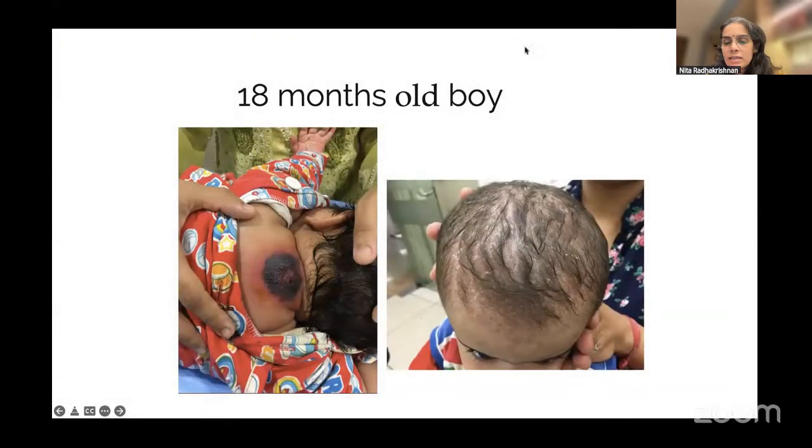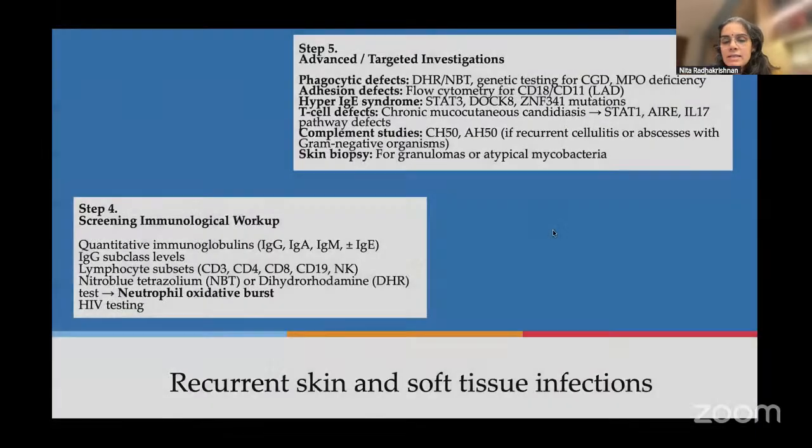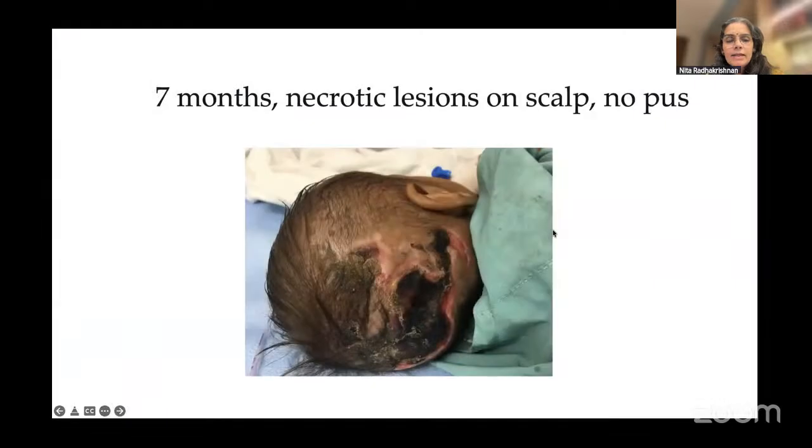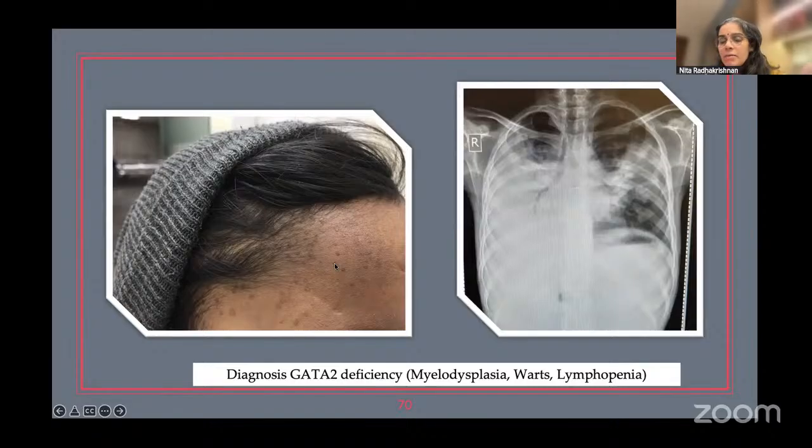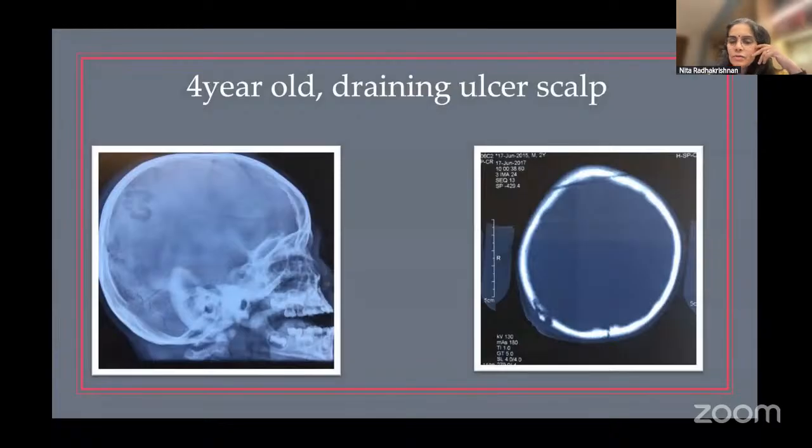This is again just running through images. This is Wiskott, bad cellulitis, eczema. Then here, leukocyte adhesion disorder, bad areas of necrosis, no pus at all. Patient with chronic warts. This child actually had a myeloid leukemia later. This kind of skin finding, we didn't pick it up at that point of time. When we retrospectively diagnosed the child, it was understood that it was a wart.